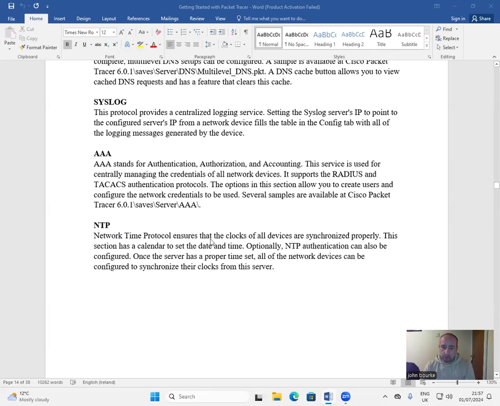Network Time Protocol ensures that the clocks of all devices are synchronized properly. This section has a calendar to set the date and time. Optionally, NTP authentication can also be configured. Once the server has a proper time set, all of the network devices can be configured to synchronize their clocks